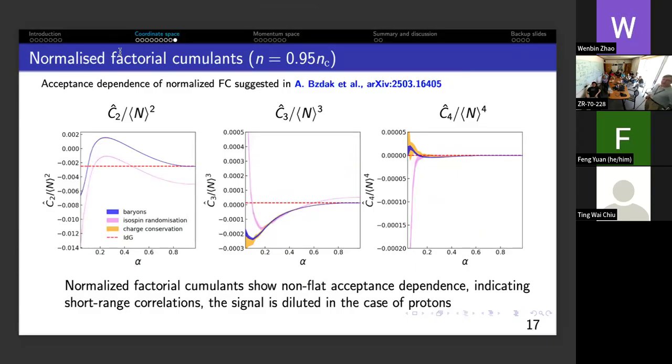Here you can see the normalized factorial cumulants, or Zach ratios. And you can see here that they basically correspond to the same plot which we had before. So just for the baryons, it matches the ideal gas at large alpha and starts from some suppression